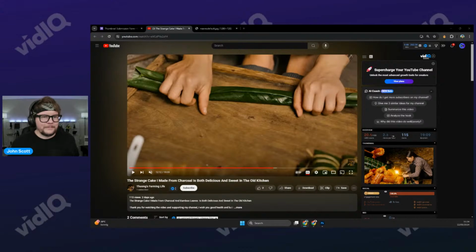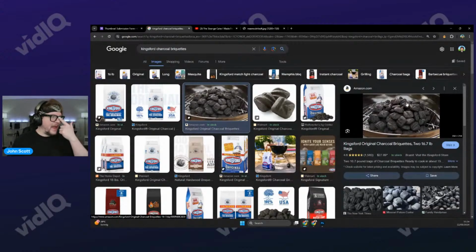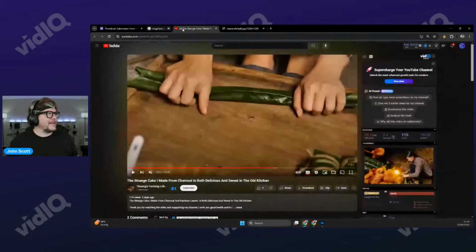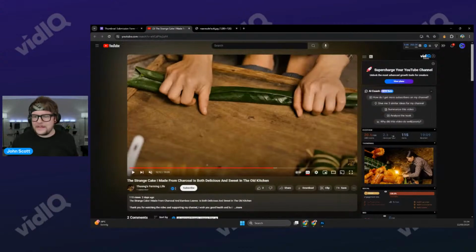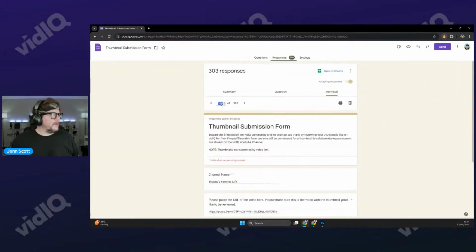Briquette, yeah. So when I think charcoal, I think of this right here. And if I saw something like that combined with cake, even like a little stupid math equation like this plus flour equals cake, something like that, I would click it for sure. Because I've never heard of making cake from charcoal. I think that's interesting. Okay, let's move on. Just try to reframe that packaging.